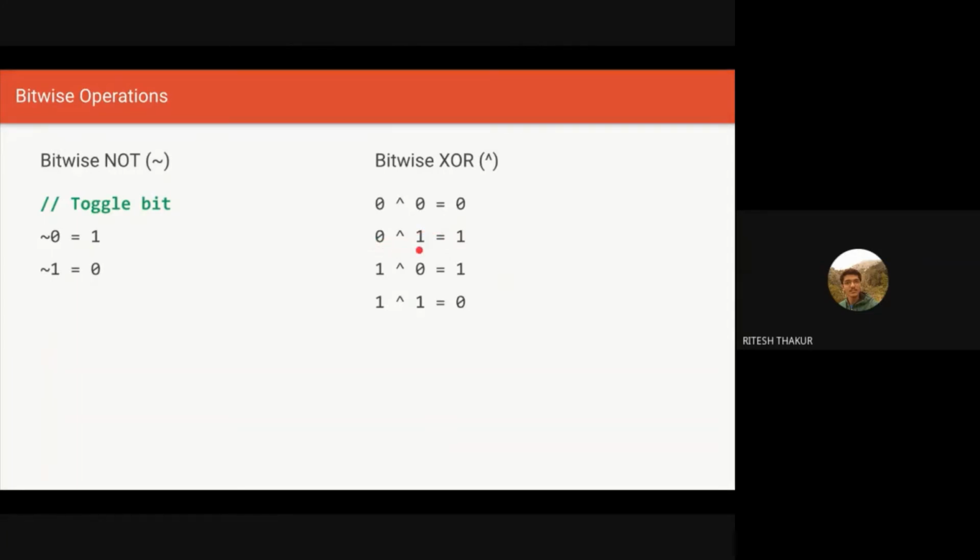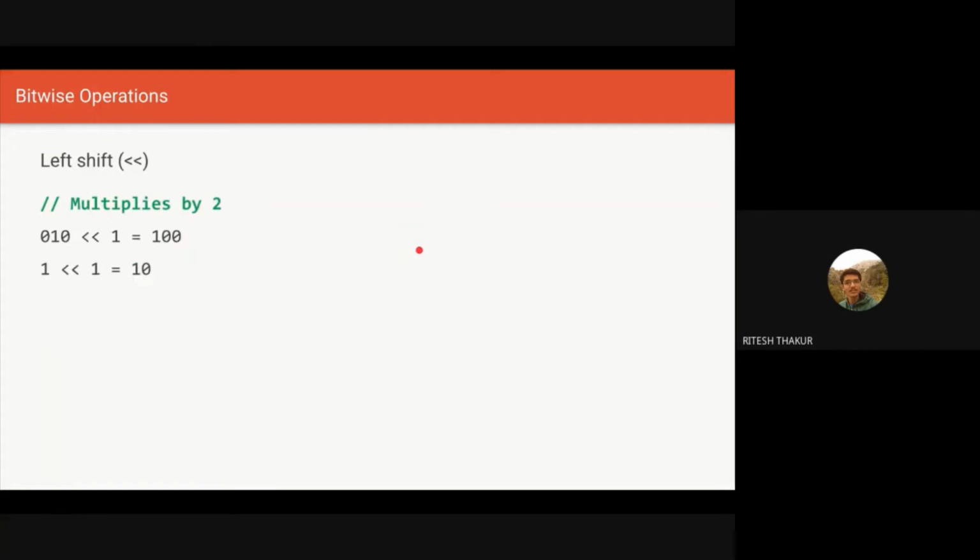So the last two bitwise operators are the left shift and right shift. So left shift shifts the bits to the left by 1. So here we have 0 1 0. When we left shift, so this is the operator for left shift by 1, this one will be shifted to the left by 1. So the value will become 1 0 0. And as required, we can add zeros from the right hand side.